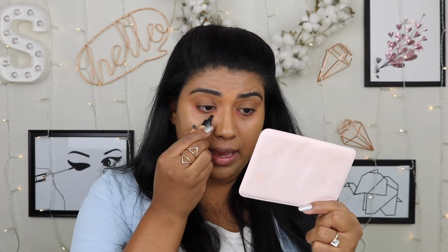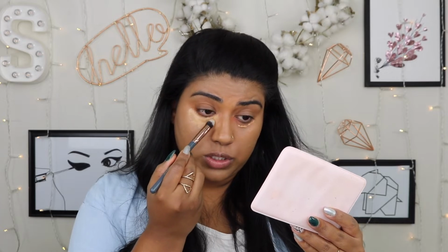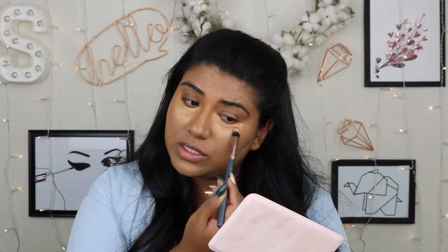So pretty. I do have this Bye Bye Under Eye concealer by IT Cosmetics, and it is waterproof and full coverage. I'm going to go ahead and put a little bit under my eyes and deal with that area first. This also I got from my IPSY. I know they say with this you don't need as much, so maybe I did put a little too much. I'm just spreading that out and making my little upside down triangle, or it's more like a half moon now,